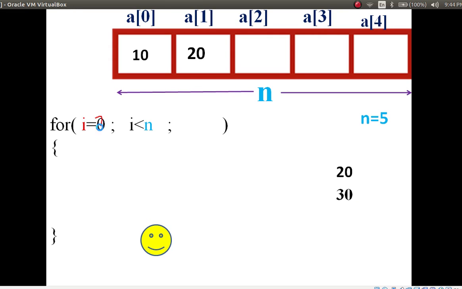Okay, i value is 2. Then check the condition. 2 less than 5. Condition is true or false? Condition is true. Then execute the next statement, that is scanf.